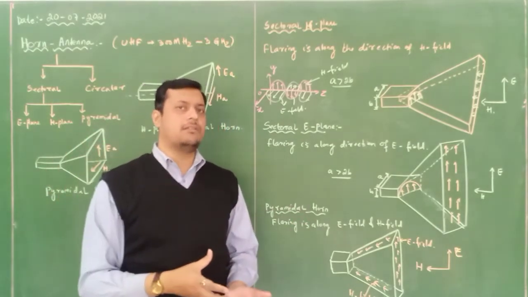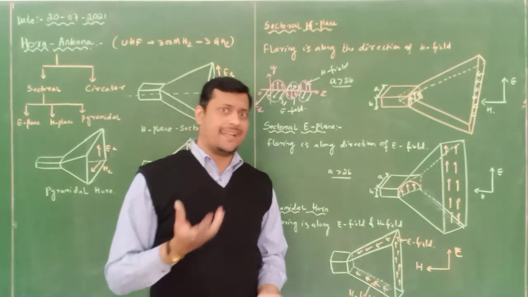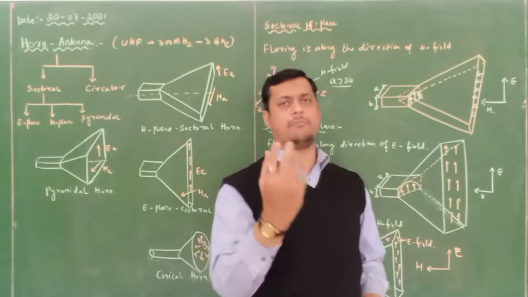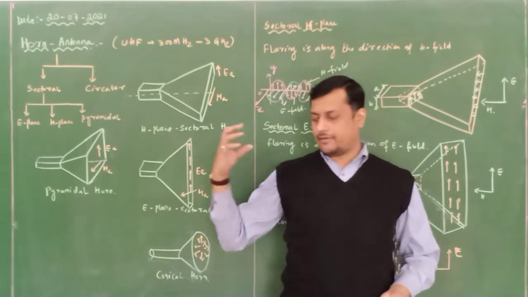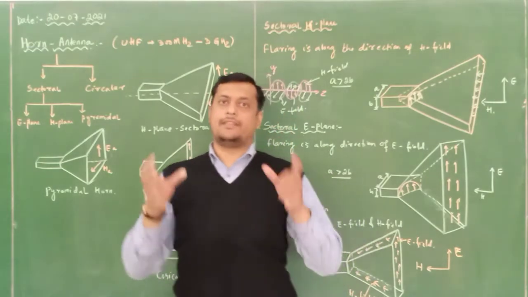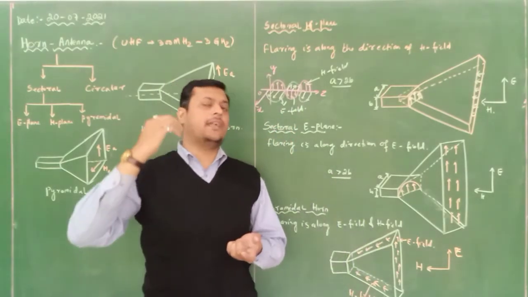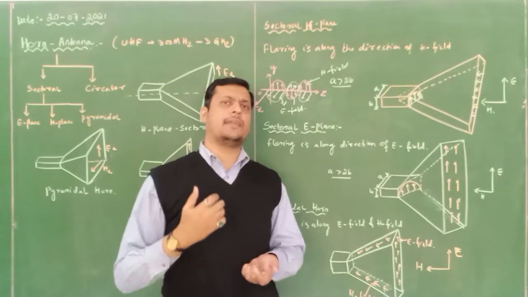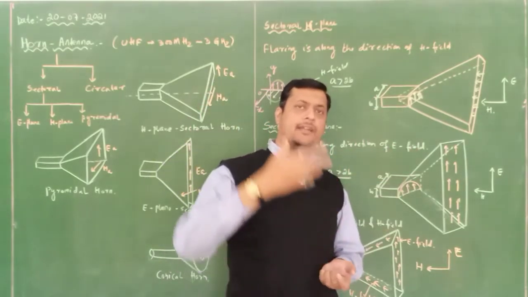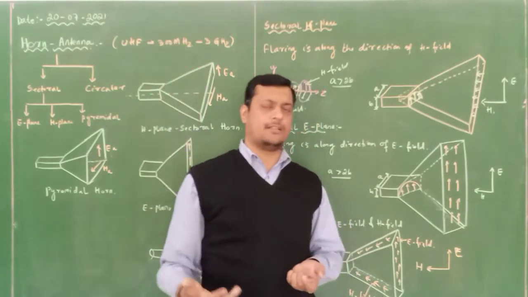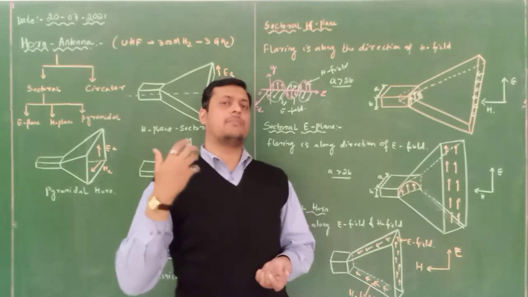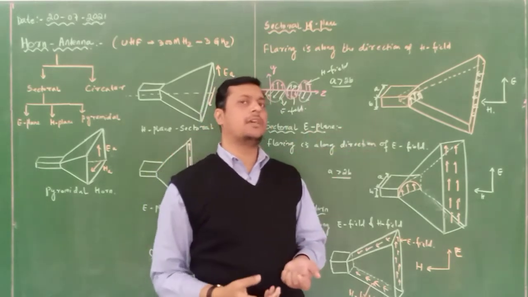Now once it is delivered, what is the next thing? The next thing is we need to deliver the information to a longer distance. How can we propagate that EM wave? Whenever it is in a device, we are considering that it is a wave which is within a waveguide. Now we need to deliver that electromagnetic energy to free space so that the EM wave can propagate and it can be transmitted to a longer distance, or it can be observed at a shorter distance also. Okay? So my information needs to be delivered to the free space.